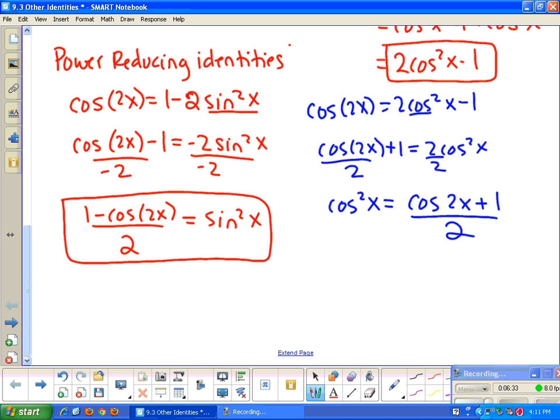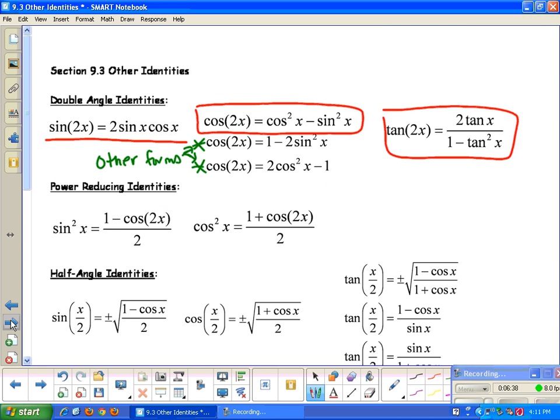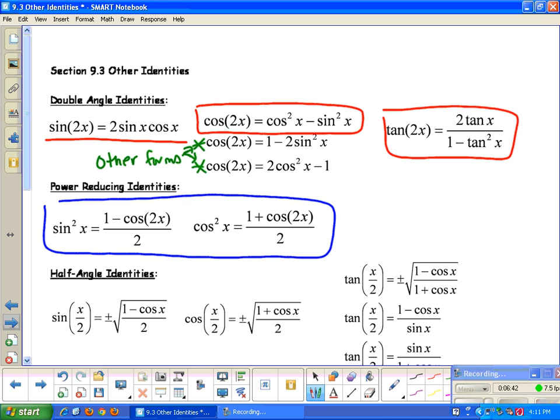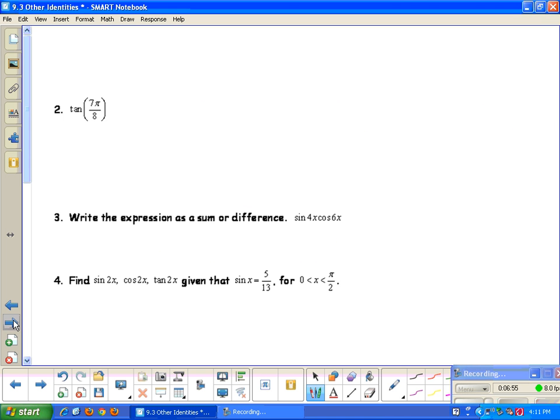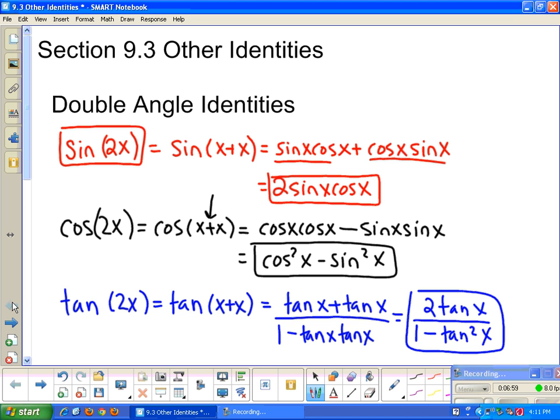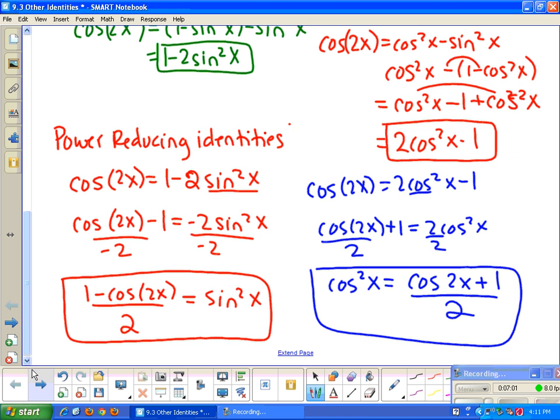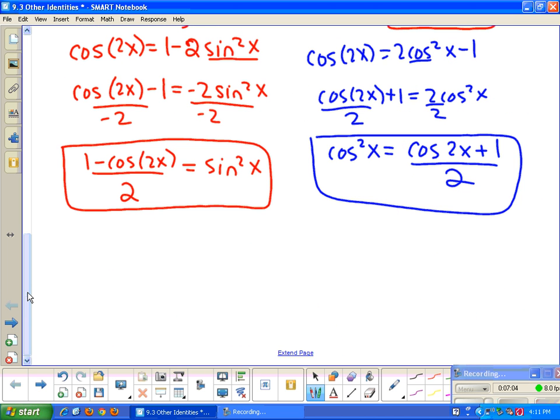So again, this is my cosine power reducing identity, which we also need to have. So that's how you derive those two, by using your cosine other forms to help you get that. And then we can use what we just found for the power reducing identities to help us find the half angle identities. Now, the half angle identities, that means we want to take the forms that we just found, and